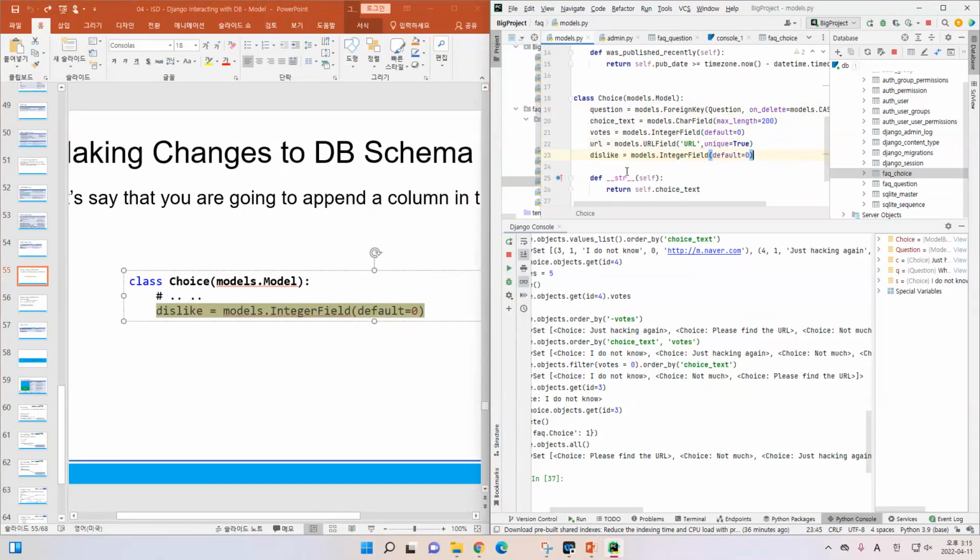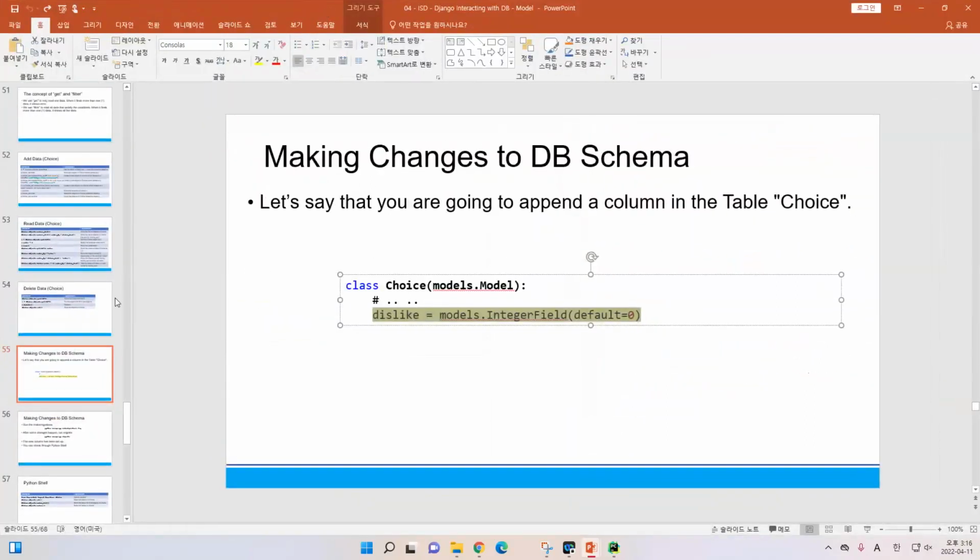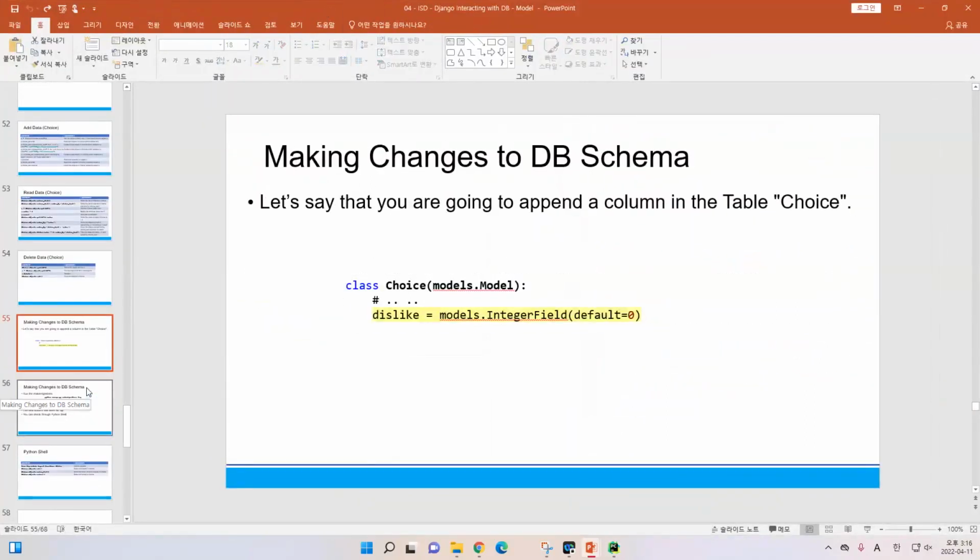Okay. Quotes means, yeah, if I like the answer, then I can increase. But if I'm the user and I do not like the answers, I can press dislike. And dislike is an integer, and the default value is 0. Now, what should I do after I have this new schema? After I add this variable,